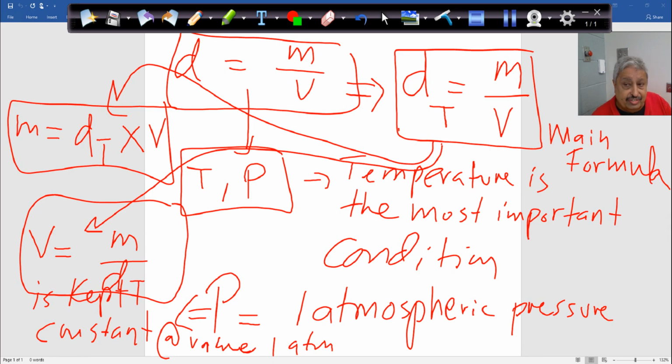So if I have the density, the ratio between mass and volume, I can determine with the help of density and volume the mass, or I can determine the volume with the help of mass and density, correct? So